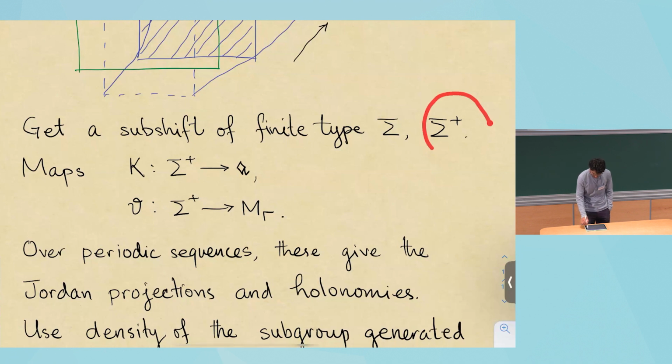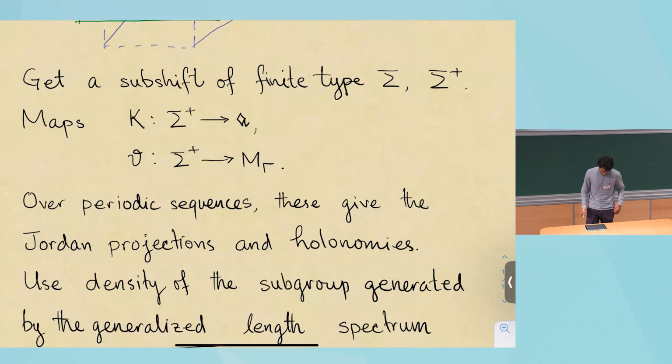So I call this sigma plus. And here are the important maps, k and theta. You get maps from this one-sided sequence into A, and this one-sided sequence into M gamma. So what you do is, the sequence defines a flow, and then when you come back